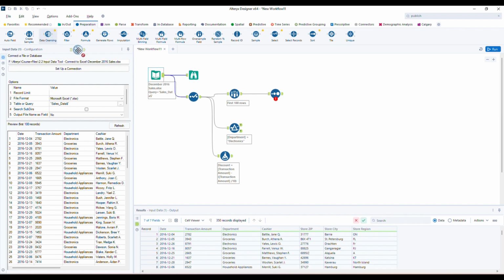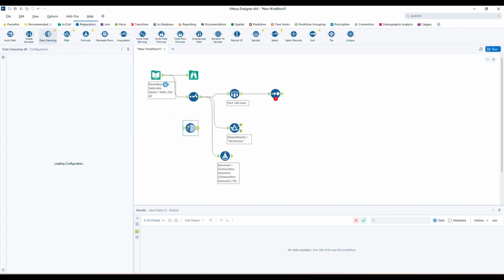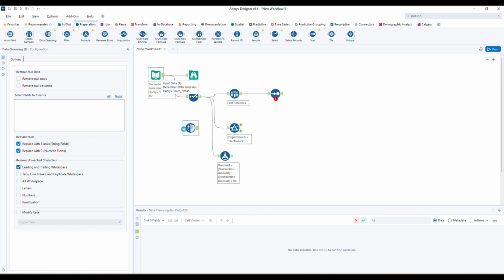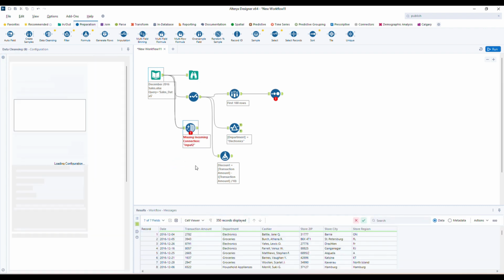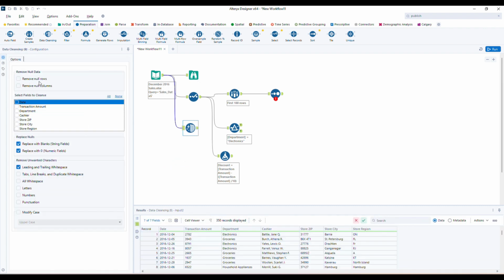And as well as data cleansing also, we have it, just drag and drop data cleansing. And if you observe the left side configuration window, you come to know exactly what it does. You can remove the nulls, and it can remove leading and trailing spaces, and punctuation symbols, modify the case, and remove null columns, whatever the data cleansing things, you can apply.